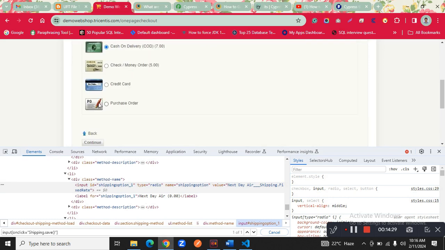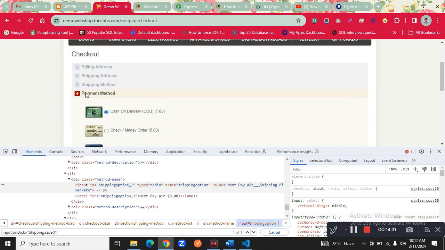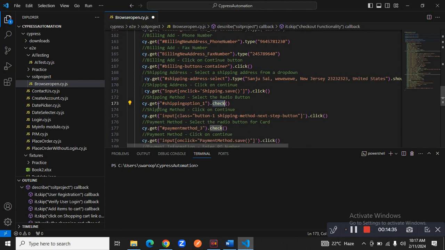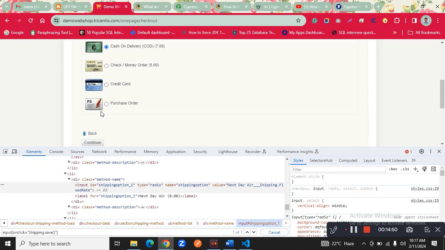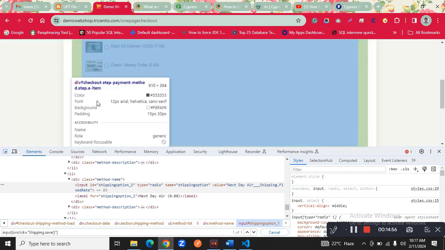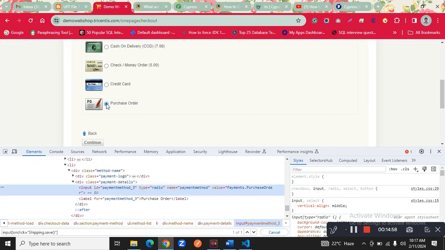Okay. Next, here I have to select the payment method. For the payment method, see, this is the shipping method. Next, what is the next? Payment method. Yes or no? Payment method em cheyali? I have to select the radio button for the card. For the payment. Yes or no? Here I have to select the card type. What is the card type? Here I am going to select the purchase order. What I have to do first? I have to inspect that radio button. Yes or no? So what